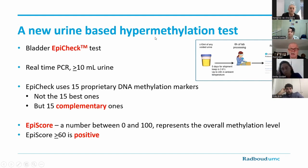So one of the tests that I've been working with a lot is the Bladder EpiCheck test. It's a real-time PCR. You only need 10 mL of urine, and it uses 15 proprietary DNA methylation markers, not the 15 best ones, but 15 complementary ones. You get a score between 0 and 100,